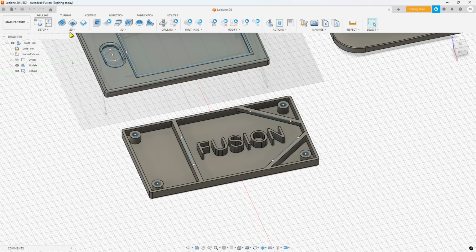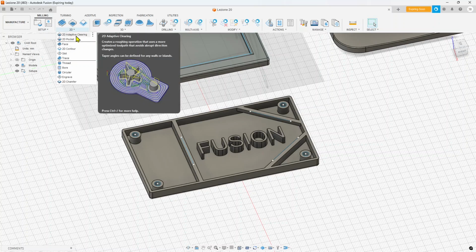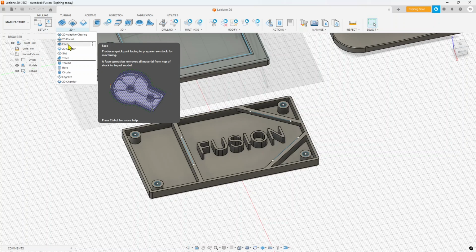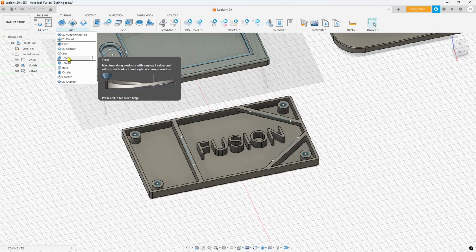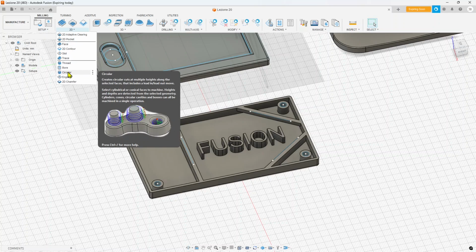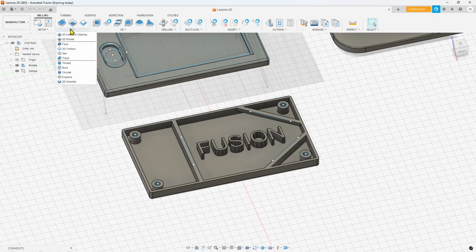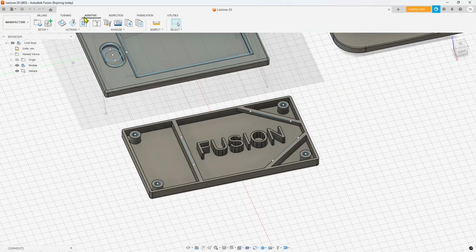And if you want to know more, you just go here, roll over with your mouse, and it's going to show you all the different process tasks that you can do with different tools and which tools you need, so you can actually simulate, understand if your machine can do this stuff or if you need to buy more machines or whatever. So you have different types of processes, and then you have here usually in every one of these